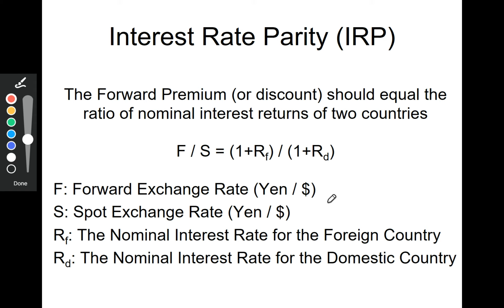In this equation, we know the domestic currency by looking at the denominator. So the currency that you would receive 1 unit of for a certain number of units of the other currency, yen. Here, for example, 117 yen gives you $1. Then dollar is domestic, and yen or Japan is foreign. So here for RF we put the interest rate of Japan, and for RD we put the interest rate of